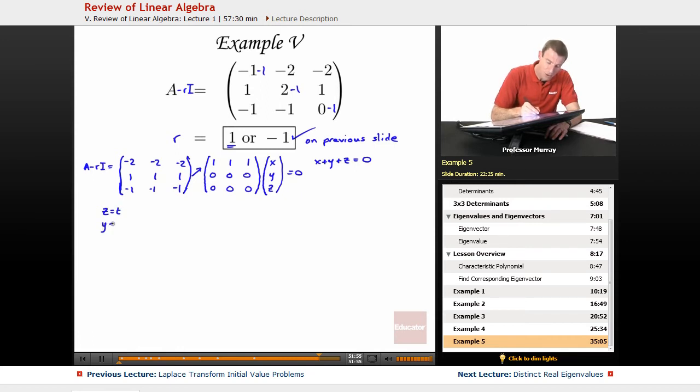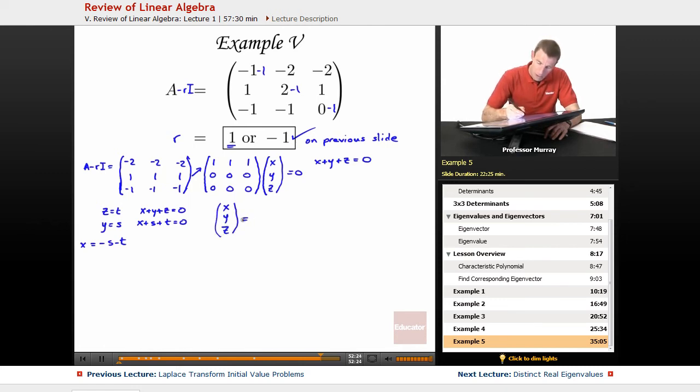Now my y, I still don't have enough information to solve for y, so I'm going to set up another free parameter, s, there. And then now I can solve for x, because I have x plus y plus z equals 0. That's telling me that x plus s plus t is equal to 0. So my x would be minus s minus t. And so my x, y, z vector is equal to, okay, my x was minus s minus t, and my y was s, and my z was